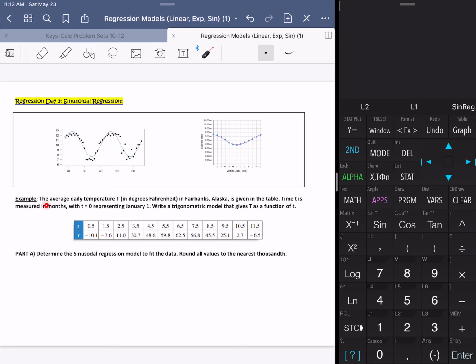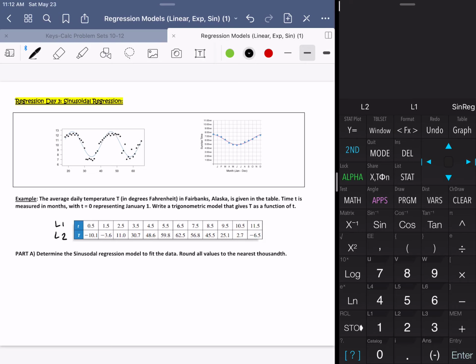So here's our example. The average daily temperature in degrees Fahrenheit in Fairbanks, Alaska is given in the table. Time is measured in months where t equals 0 represents January 1st. Write a trigonometric model that gives T as a function of little t. So notice that my table this time is horizontal, and it's totally okay. We're just going to make this my list 1 and make this my list 2. So at this time, I'd like you to input the information into your calculator. At this time, it's really good to pause the video too, so that way you can hit resume when you're